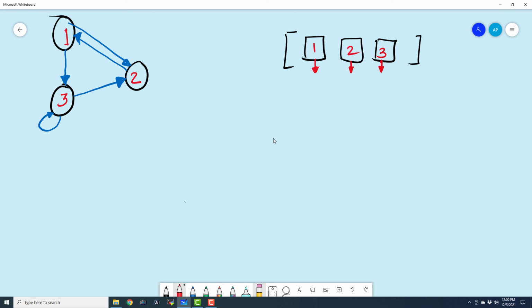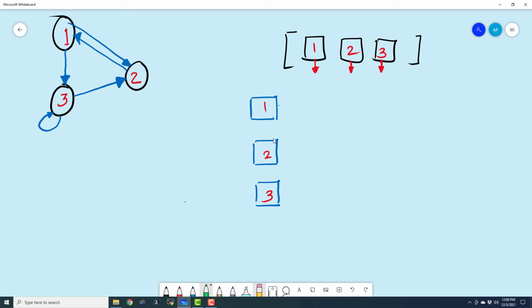I'm going to say these are the head nodes, 1, 2, and 3.